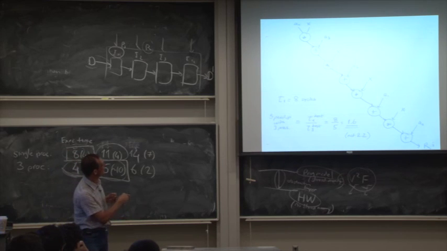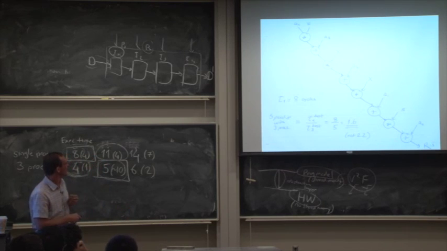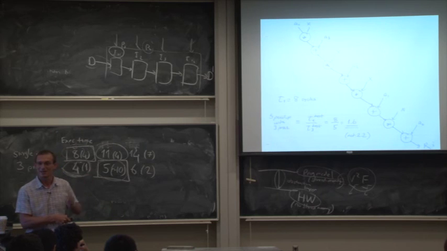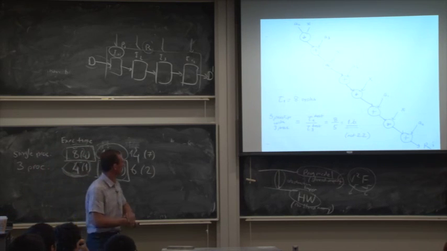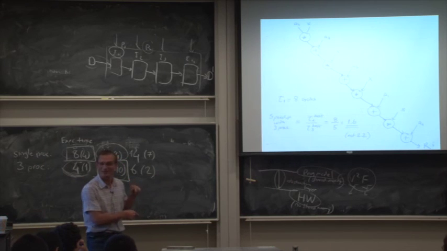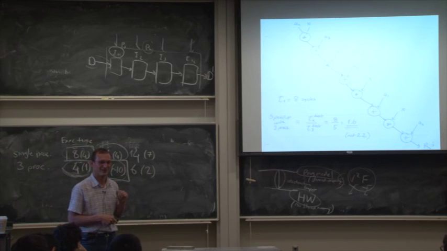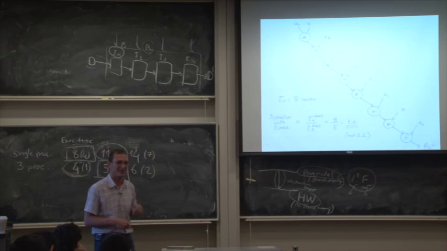It's a serial dependence chain like this, but the end result is 8 time steps. And if you have 8 time steps, your speed up with 3 processors is only 1.6, because it's 8 divided by 5, not 2.2. Okay? So this is the fair comparison in this case. And this is very important, because if you add the communication overhead now, what do you think your speed up will go down to? Much closer to 1, right? Rather than closer to 3.